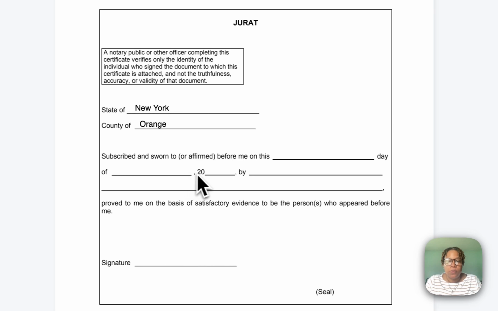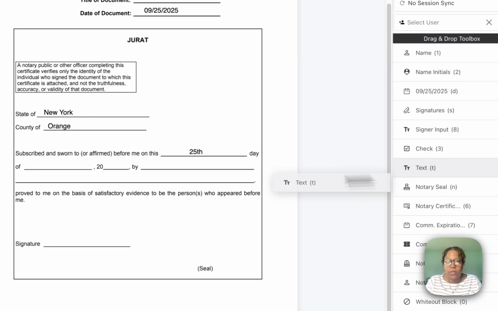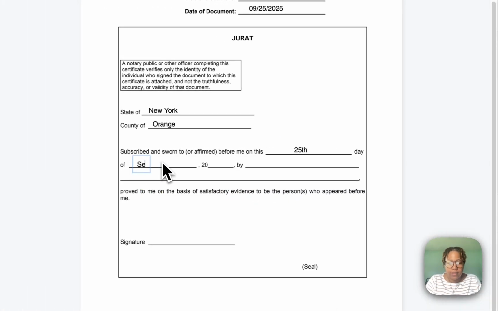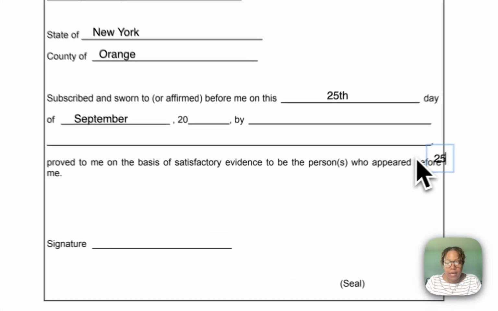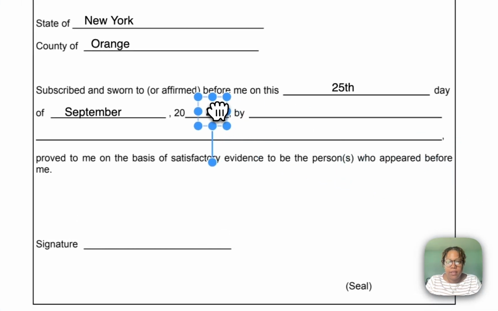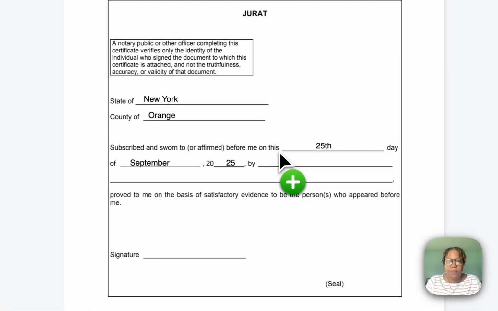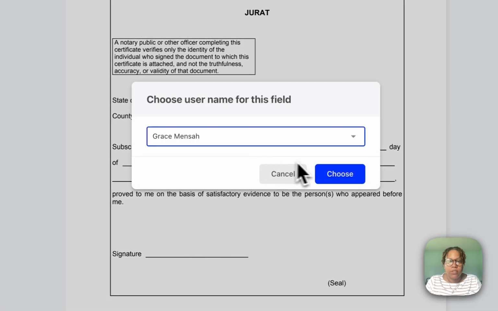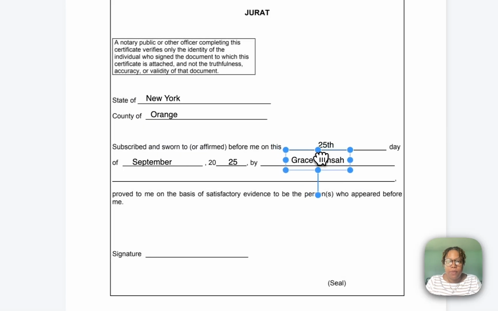Subscribed and sworn to before me on this day. I'm going to press T for a text box, and I'm going to put 25th day of, and I'm going to drag and drop this text box, September. Another text box for 2025. And I'm going to put the signer's name. So I'm going to drag and drop the name of the signer, which is Grace, and put it on this